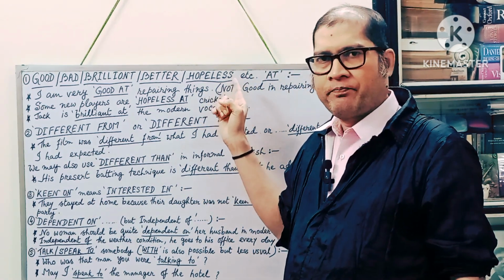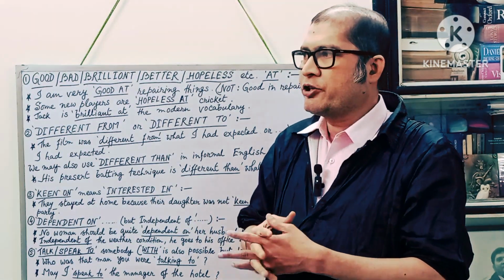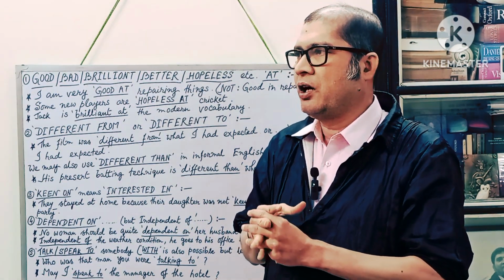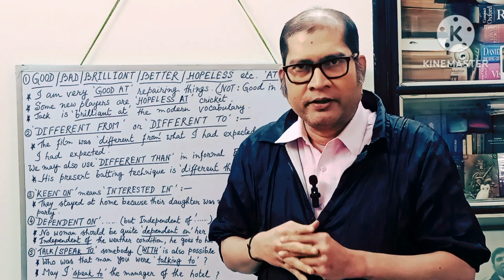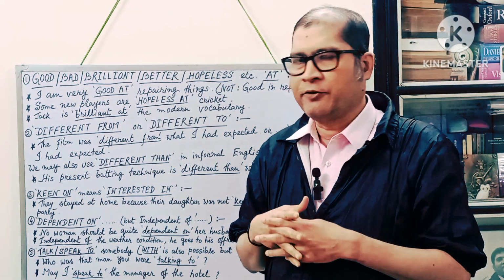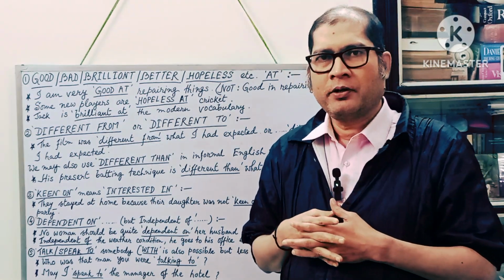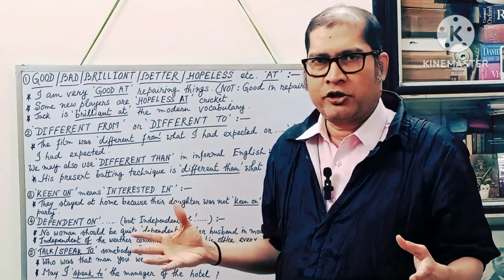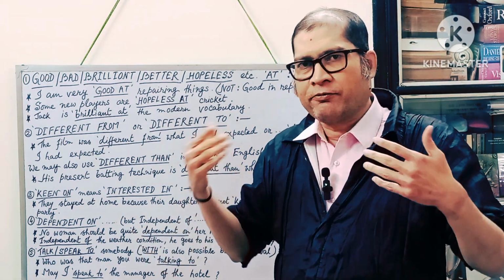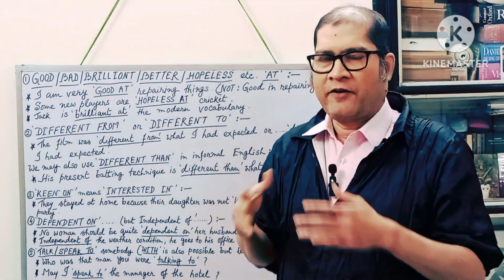There are more words. One of the words right at this moment I remember is weak, W-E-A-K, weak. Now, there is a little difference in the use of weak. What is the difference? Now, he is weak in English. He is weak in French. When you use a language after weak